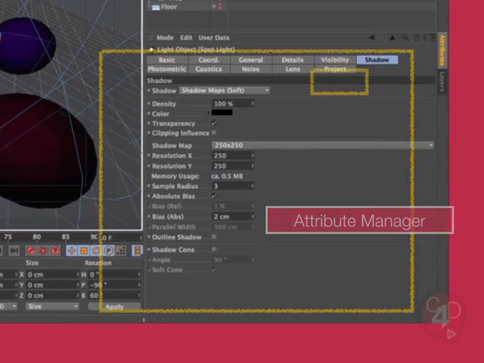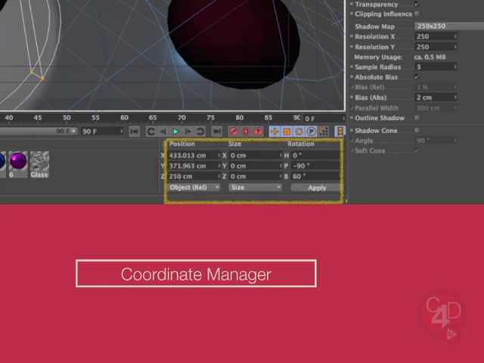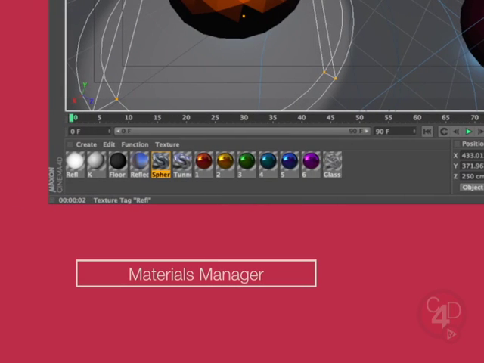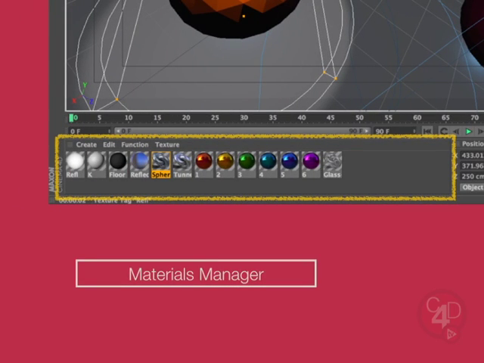of the spotlight. The Coordinate Manager gives us information of the exact location of our model in several ways, and we can modify its transformation using exact numerical values when necessary. The Materials Manager is where all of the materials are created, imported, saved, and they can also be removed. Here you can create very simple color materials or very complex and realistic ones, and each material is represented by its own thumbnail. You can drag and drop a material onto an object that is visible in the viewer window or